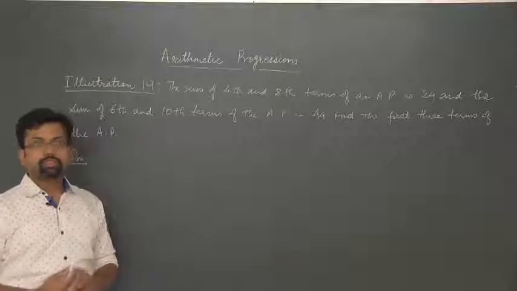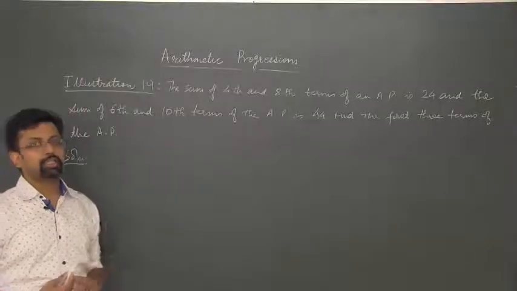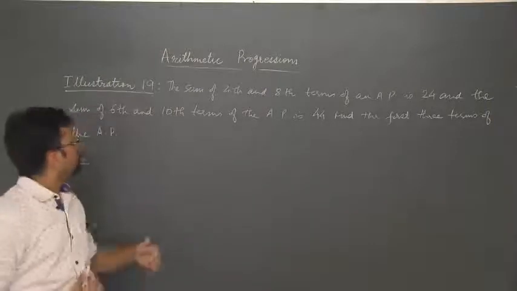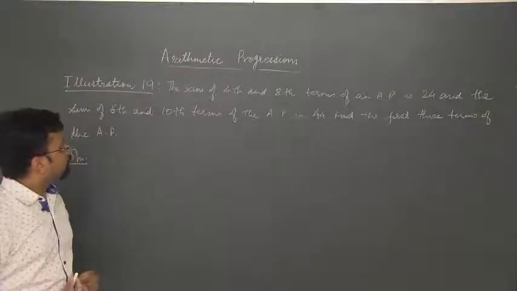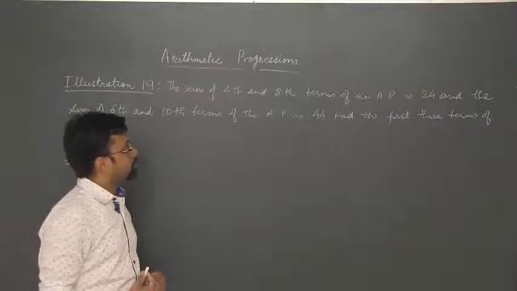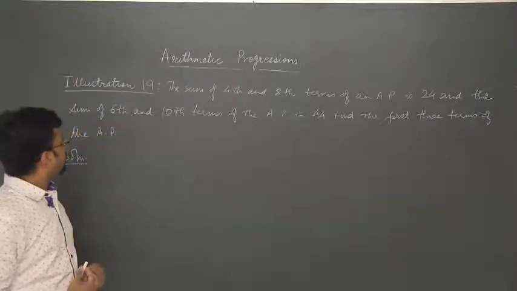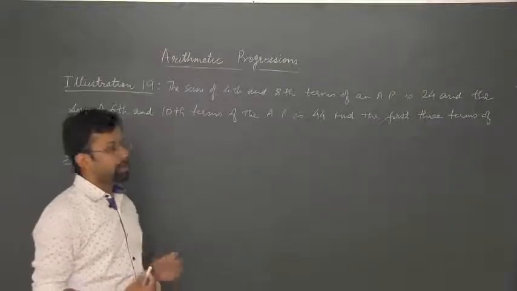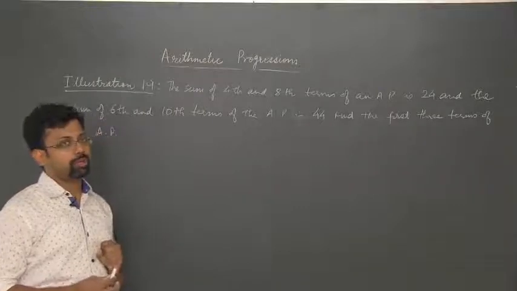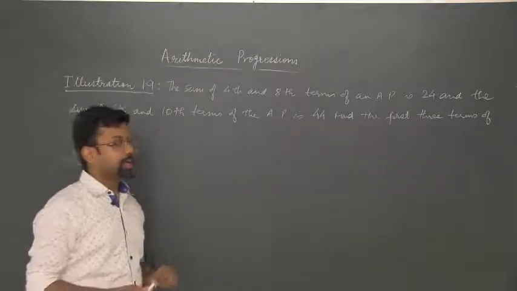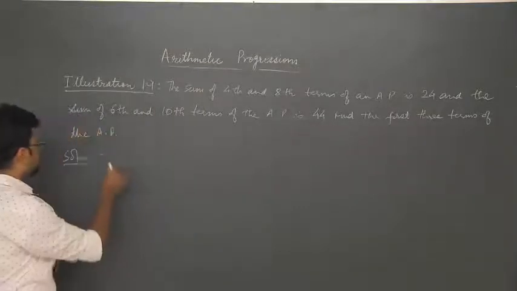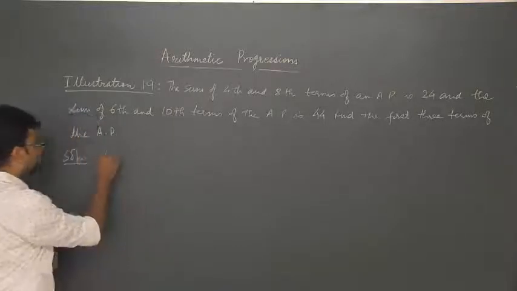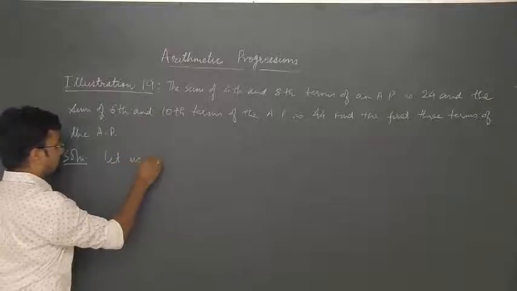Now let us look at this illustration, which essentially takes on solving problems based on nth term of an AP. The problem is the sum of the fourth and the eighth term of an AP is 24, and the sum of sixth and 10th terms of the AP is 44, and we have to find the first three terms of the AP. Now for problems such as these, we start by assuming the first term and the common difference to be something. So let us assume